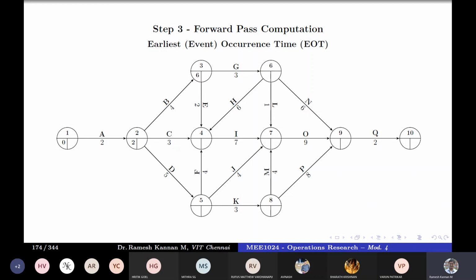Right. So I repeat. Start event of B is 2. End event of B is 3. Right. So 2 plus 4 gives us 6. So which means that at the 6th day, event 3 can start, which means that it has to wait till 2 plus 4, 6. It has to wait for A and B, right? So unless A and B are over, this cannot get started, right? So next is C. C also has to wait, like 2 plus 3 is 6, something like that.